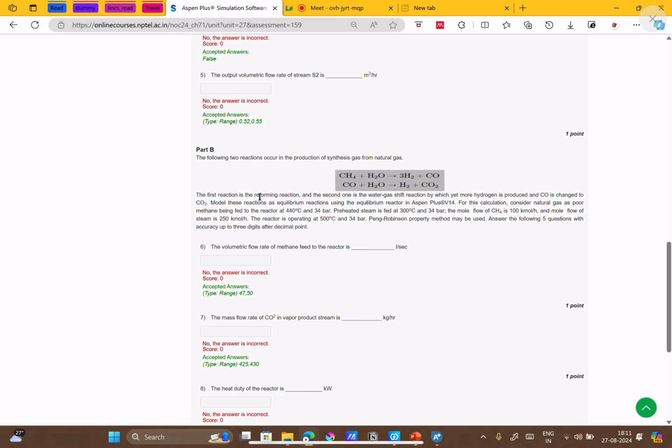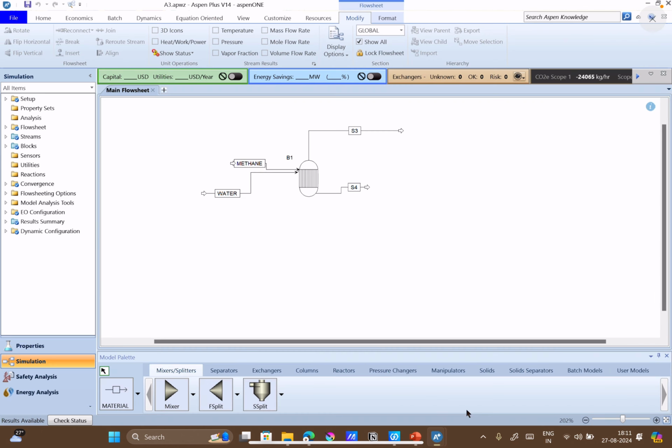So model this reaction as an equilibrium reaction using the equilibrium reactor in Aspen 14. For this calculation, consider natural gas as pure methane being fed to the reactor at this temperature and pressure condition. Preheated steam conditions are given, molar flow rate is given, and the reactor is operated at 500 degrees centigrade and 34 bar. Peng-Robinson method is used. So I will just give you an overview of what we have done here.